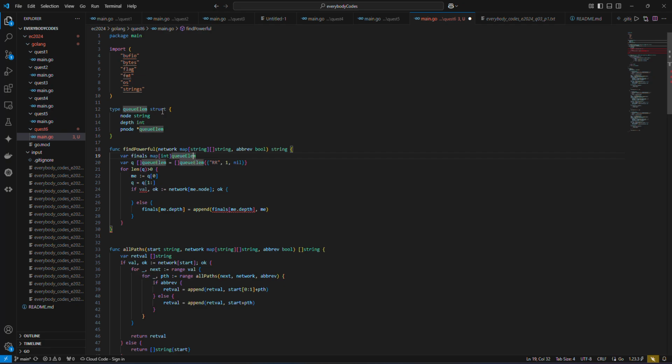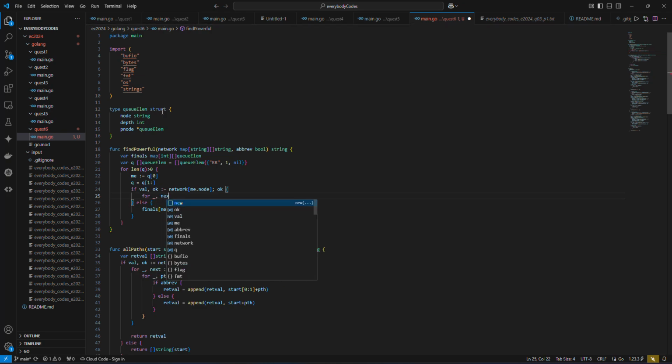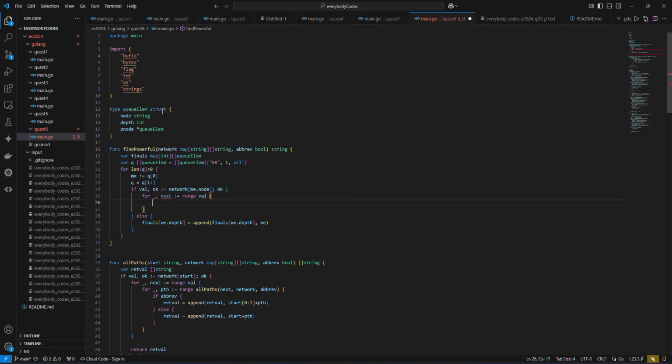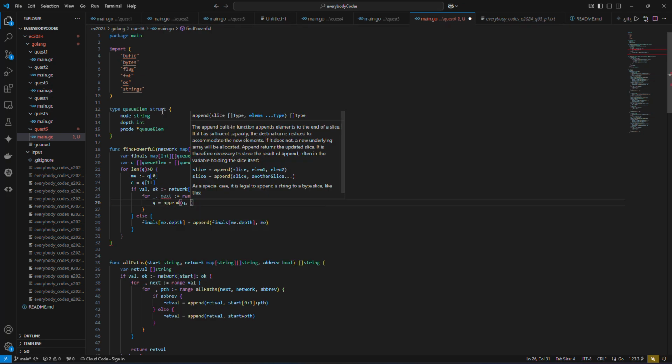Oh wait. If val okay is equal to network and it's okay, then for next range val. Okay, so I want to throw more stuff onto the queue. Q equals append queue of